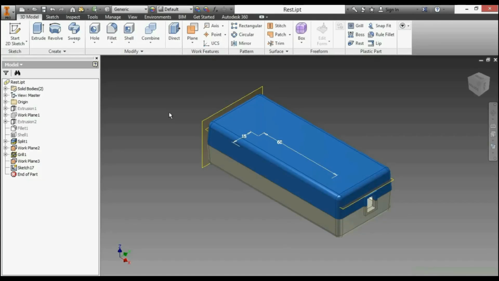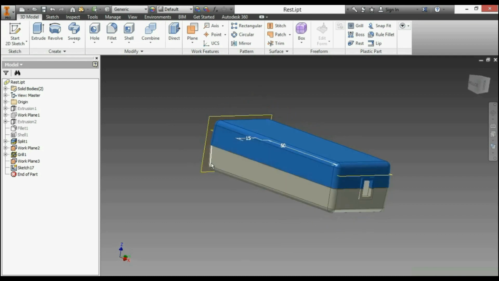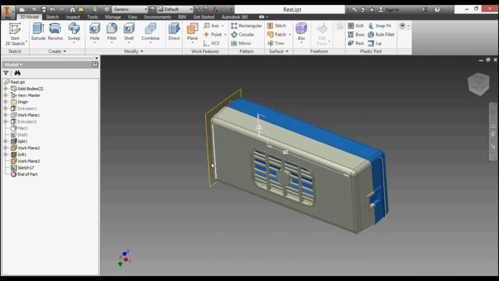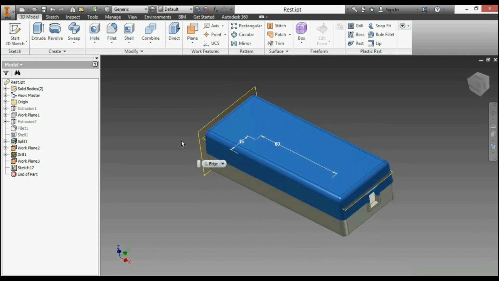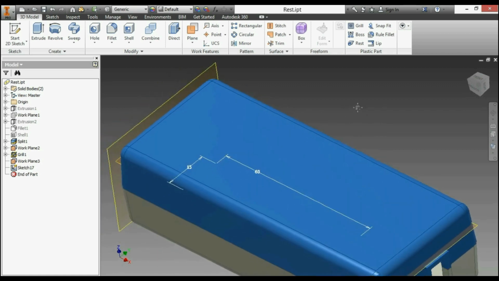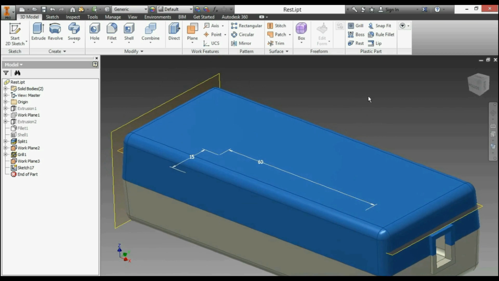In this video, we're going to take a look at the rest command inside of Autodesk Inventor. So here with the rest IPT open, we're going to continue working on this part design where we build the grill on the bottom. And I already have a work plane in here as well as a sketch to get us started. Now the work plane is just offset down